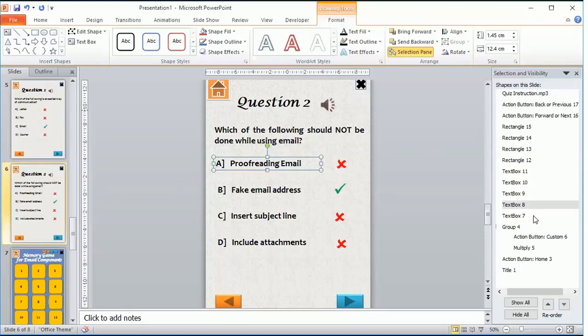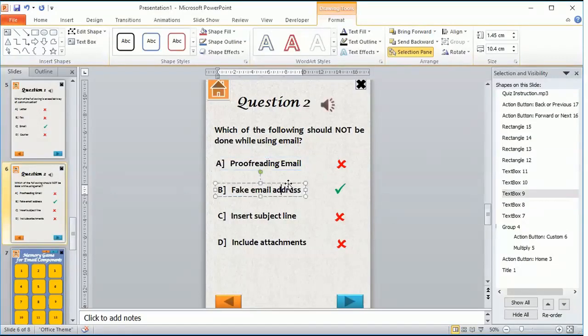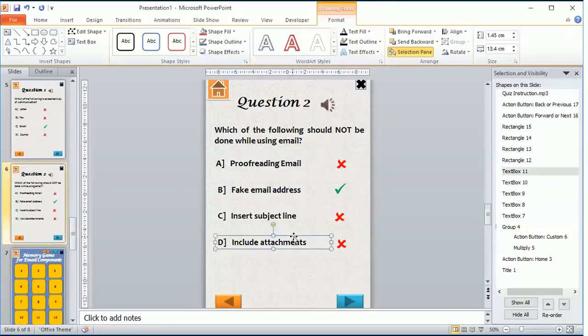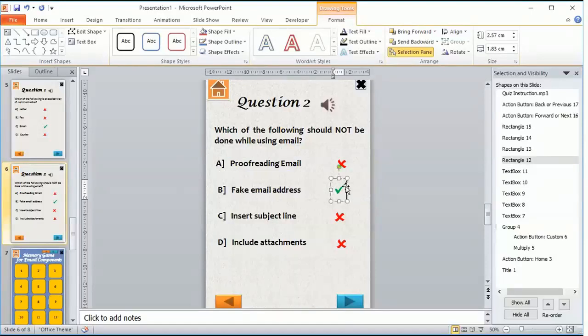Now this helps us to understand the name of each and every element on the screen. For example, if I select fake email address, then I can understand that this is text box 9. If I select include attachments, then this is text box 11. The green check mark, tick mark, is rectangle 12.